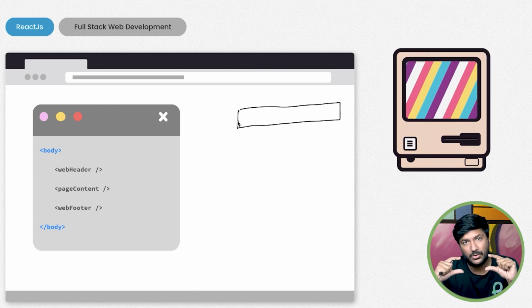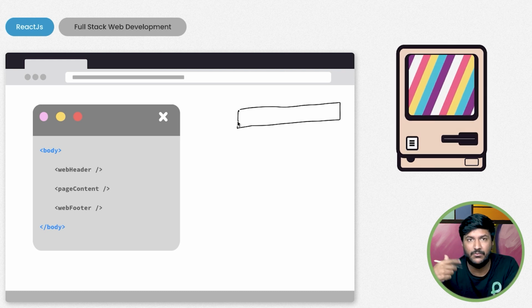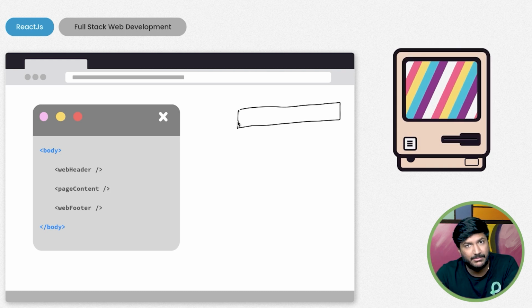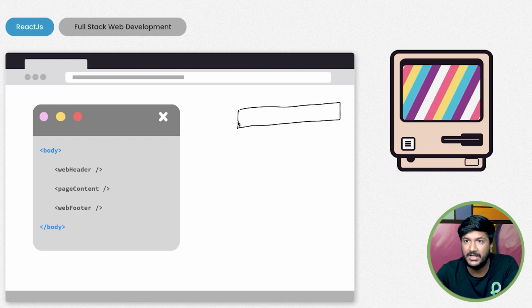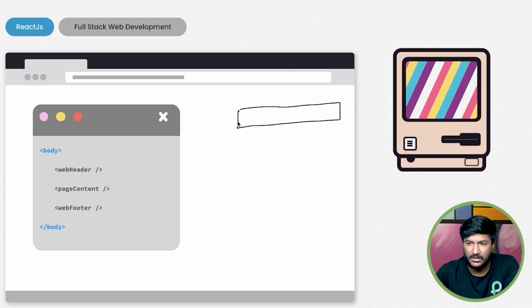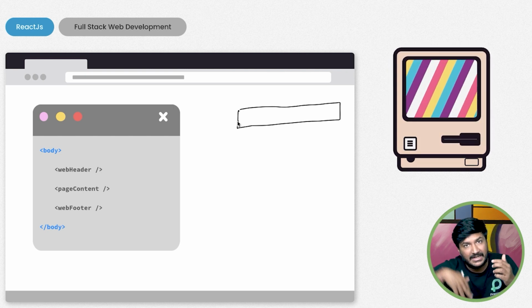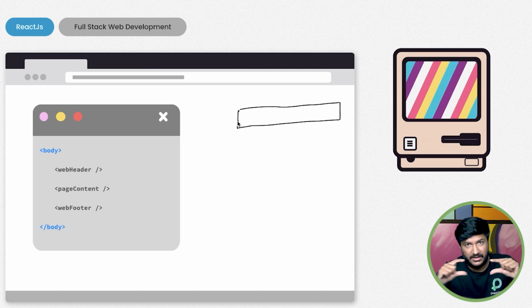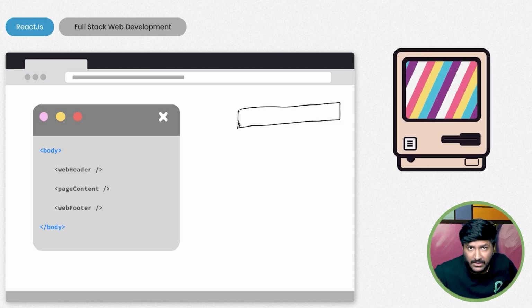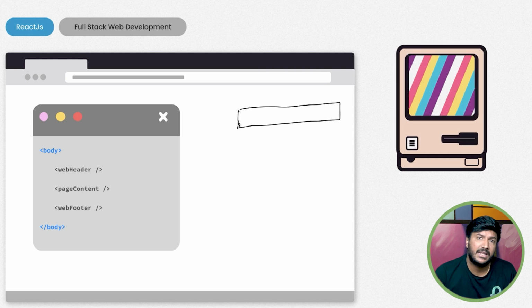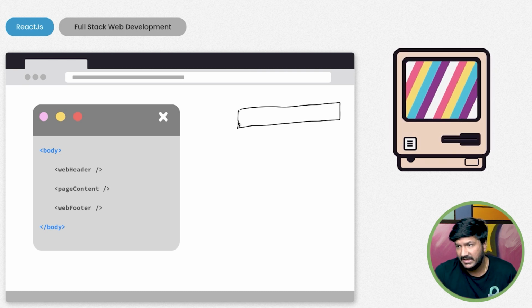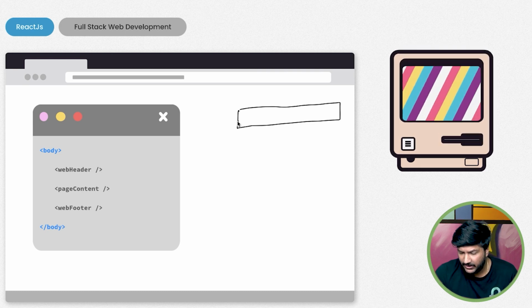Similarly, with the footer, if you go to the footer of any website, what you'll see? You'll see all the social media links, the address of the company, and the terms and conditions of the company at the very bottom of the page, the different information. So it's always the same. Why would you need to send it again and again? Just send only the information that's new.